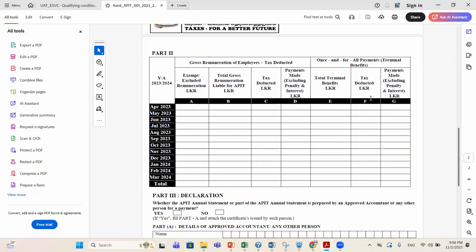So this is for the once and for all payment, and this total has to be matched with the part pay totals. We'll see that while we are doing the return filing.